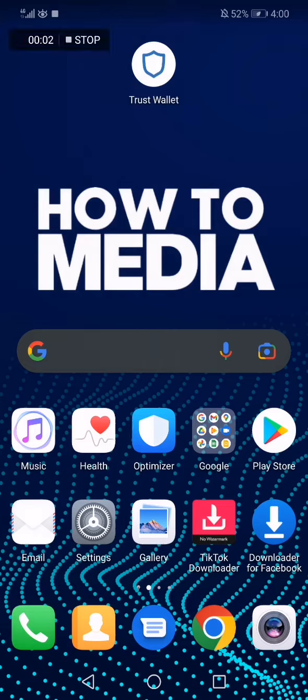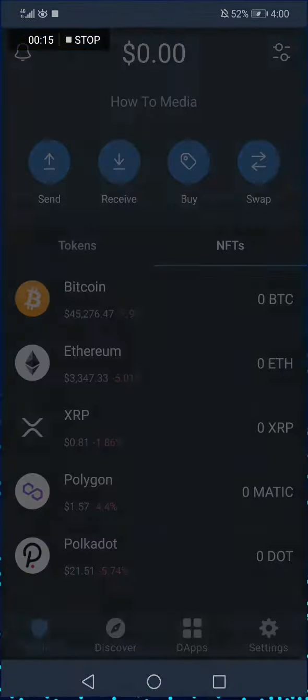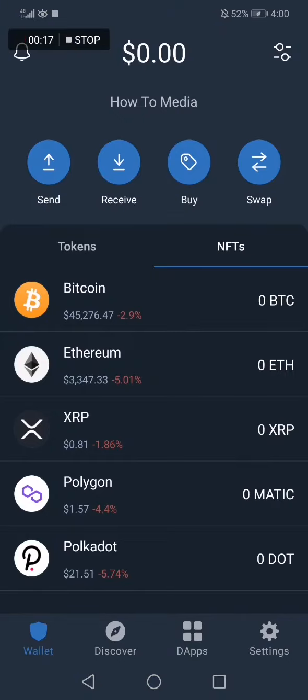How to buy Dogecoin on Trust Wallet. Hello guys, in today's video I'm going to show you how to buy Dogecoin in an easy, fast way in the Trust Wallet app. So the first thing we do is go to Trust Wallet and then click on buy here,